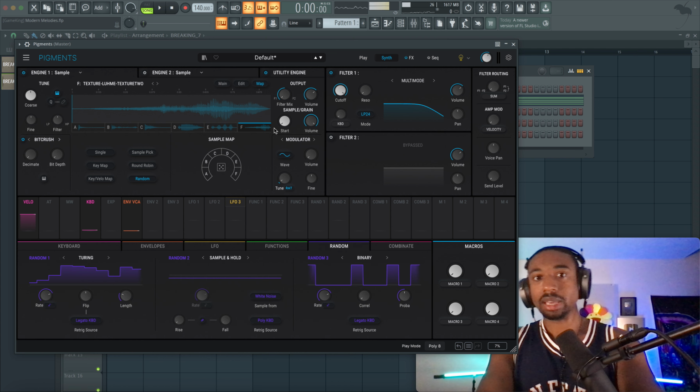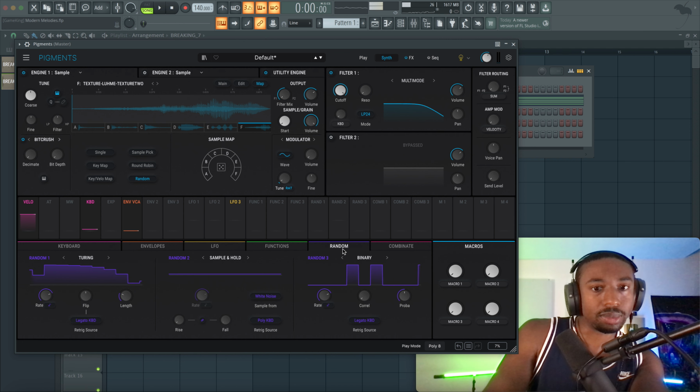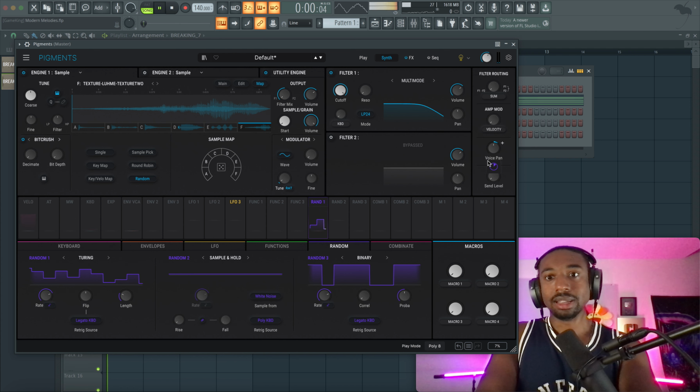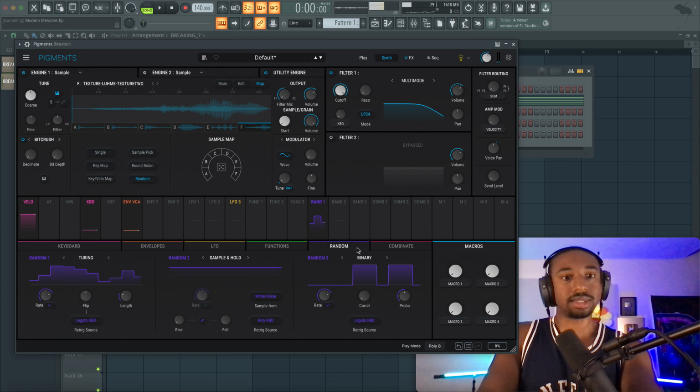I just got to figure out where the pan function is. I think voice pan. Let's see. This might be hit or miss, but let's try it. So random 1. We're going to drag that over the pan. It looks like it has a range and it's not just static, which is good.